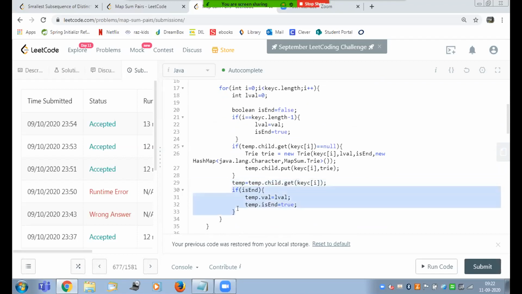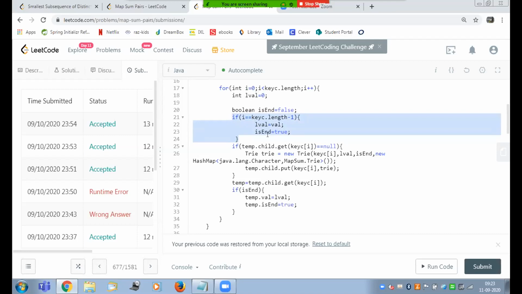So on line 22, you are implementing this. I added this line to make sure that at the end of the character array, I mark that node as the end, and I assign the value to that node. For all other nodes, I don't want to assign any value. I will keep that value as 0. So in case of Apple, for the A, I don't want to assign any value. Just whenever there is the last character E, at that time only I will assign the value.